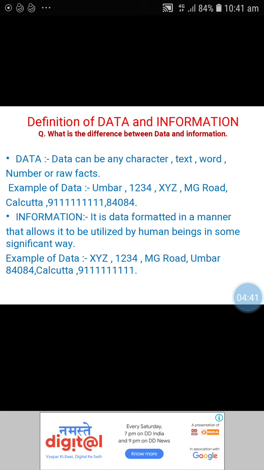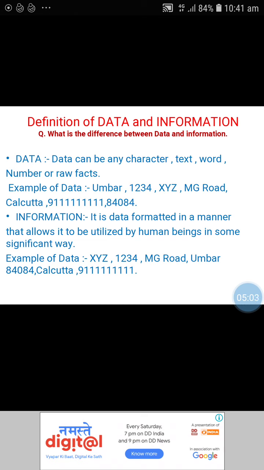The question arises, what is the difference between data and information? Now, what is data? What is information? Data means raw data, a collection of things. And information means processed data.